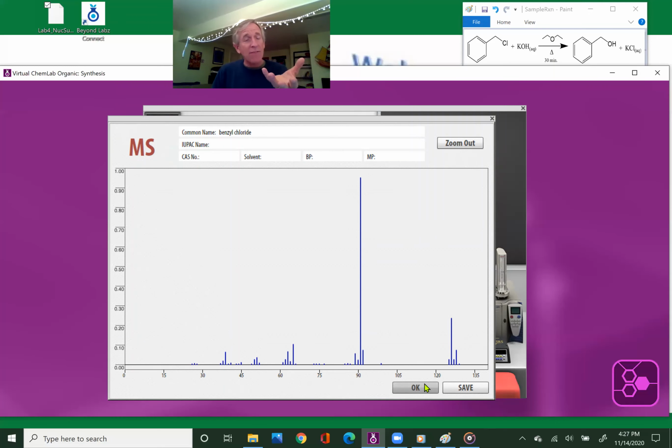Okay, now I have a control of benzoyl chloride's mass spec that I'll be able to compare to the mass spec of my product and see if it's changed. Okay,